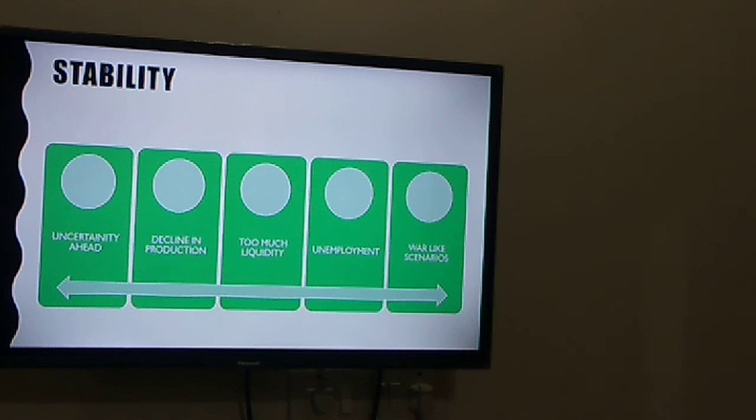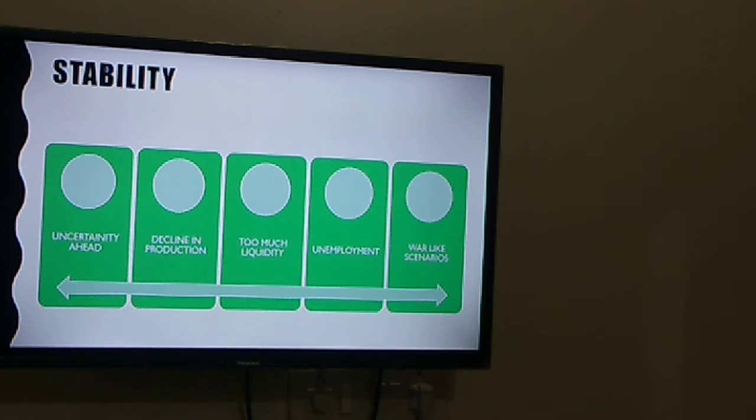Next factor. If you start seeing, the government of India has infused too much liquidity into the system. Why did they infuse this? Because they wanted to provide capital to the various sectors of our country. Now too much liquidity is causing a saturation in many sectors. Not everybody is getting benefited, and not everywhere the demand and supply cycles are working. So this too much infusion of capital is making the market diluted, and the stability will come into question.